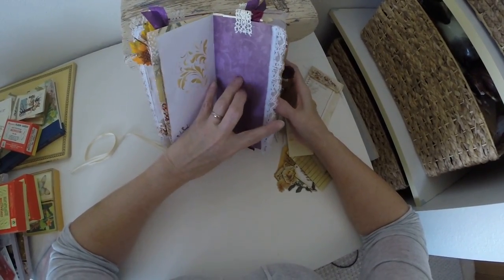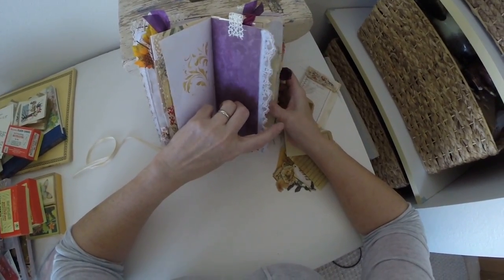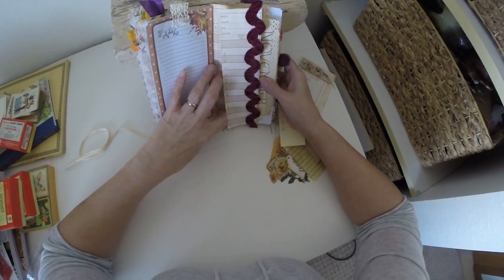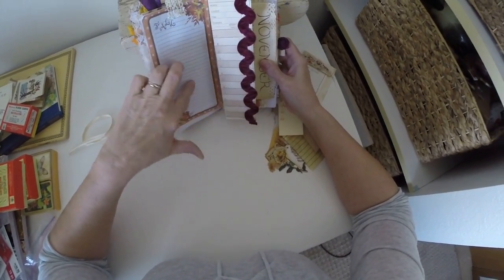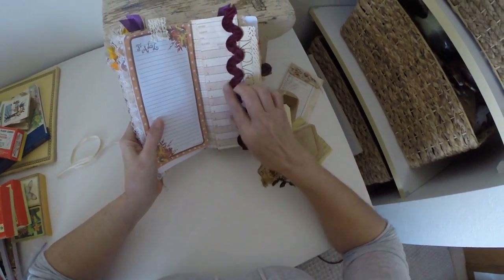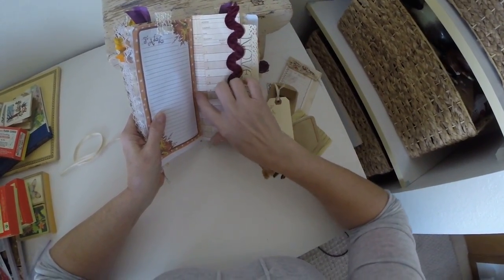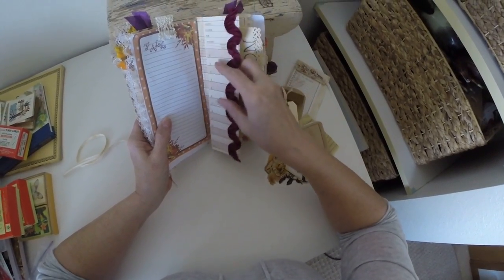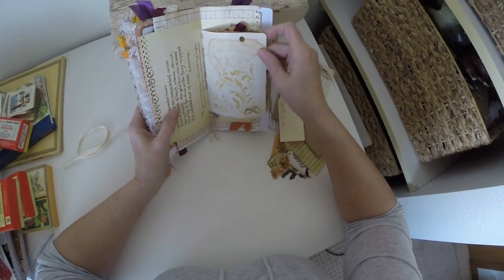Stenciling, a lot of stamping, lace. This one has a lot of lace. This little note page, wow, fumbling fingers here. Vintage, some of these pieces are vintage, some of the lace is vintage, some of it isn't. This one is. Some Edith Holden,